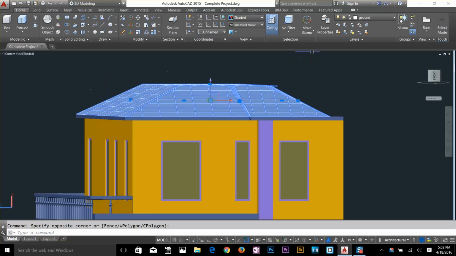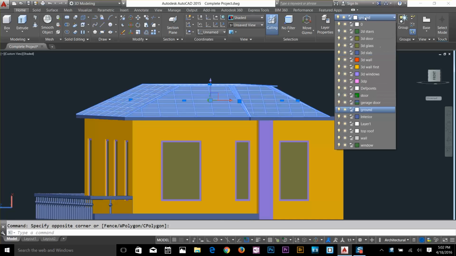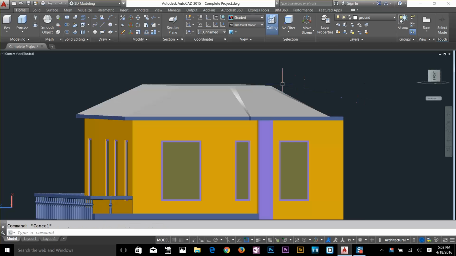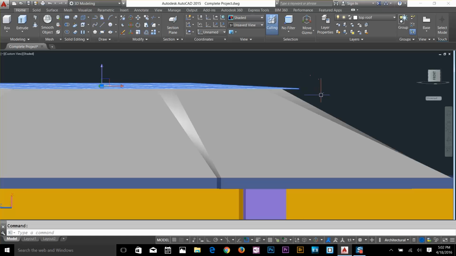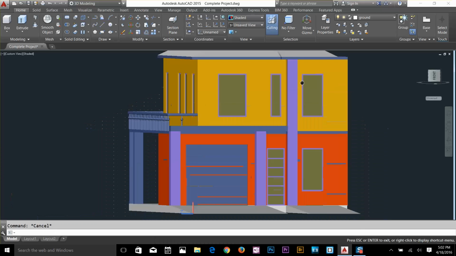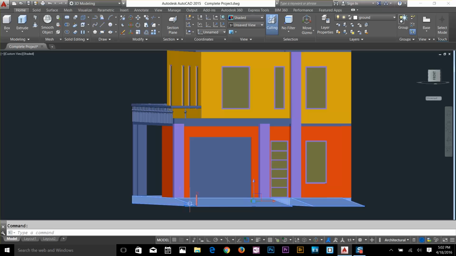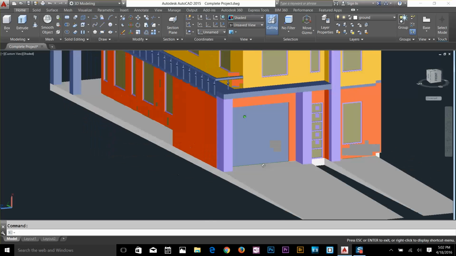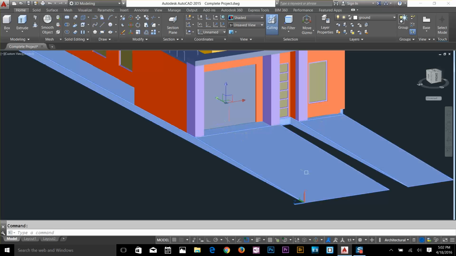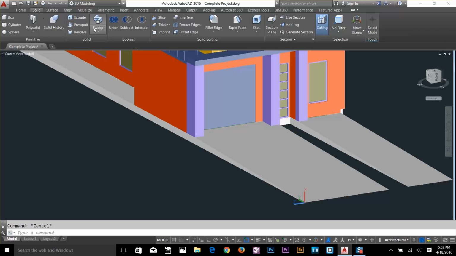So check this, it's on a ground floor, so I'm just going to make a top floor, top roof, change that to top roof, that's right. And check this ground floor, that's a ground, that's fine. But what I want to do is change this face actually. So I just go back to my solid, and then I will go to